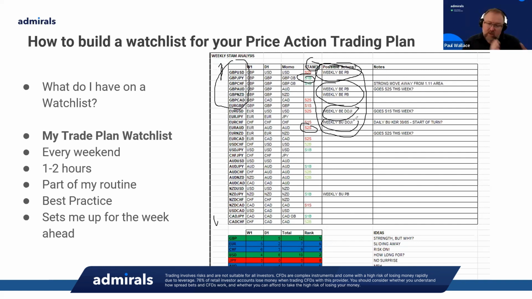This is what I start to do with my weekly watch list, going through all of those charts, looking at the weekly, the daily, and the 4 hourly, and starting to identify which ones are in a trend and which ones are consolidating. As I said, I've developed over the years my own little code, my own little way of doing that, and the whole idea is that I can immediately start